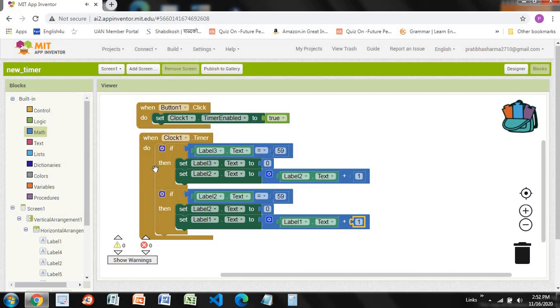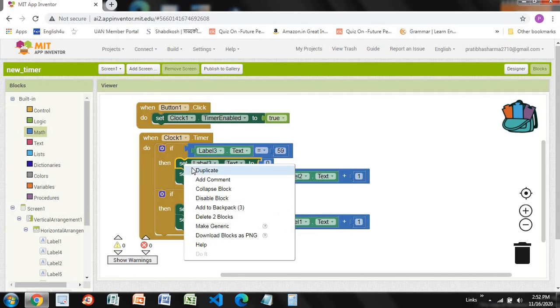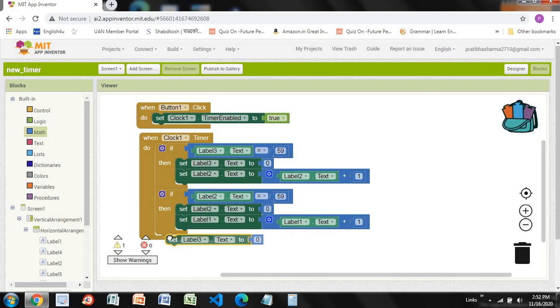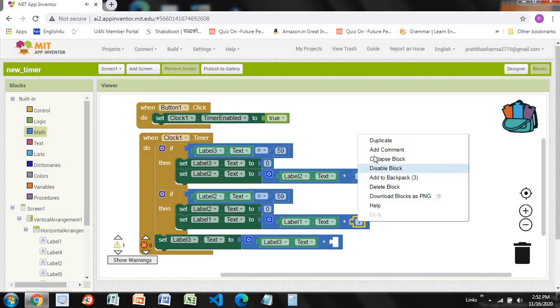Then set label 3, like this one, copy and paste this over here, set label 3, remove this block. Then take the addition block over here, then label 3 dot text, copy and paste this like this,